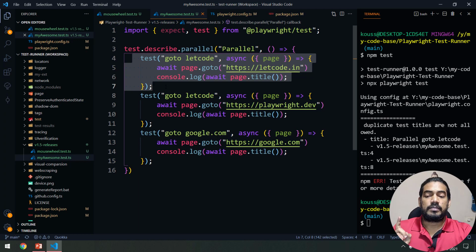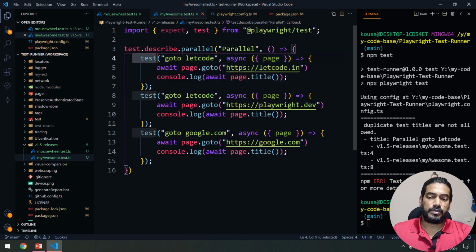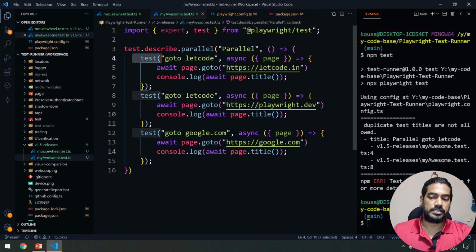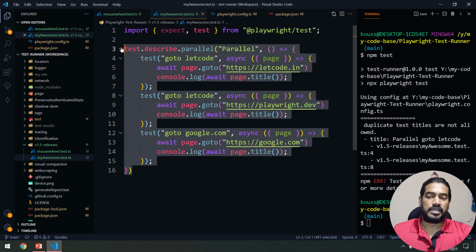Okay, so when we write the test, as per the documentation, it is recommended to write each and every test individually. If you have a long end-to-end scenario, then we can use the test.step, where we can have multiple steps. So first we will create, that will be within the step. Second we will do the update, that will be within another test.step. And lastly we are going to perform the delete, that should go within the test.step. So within one test you can have multiple test steps. That will make sense. I hope this is very clear and it's easy.